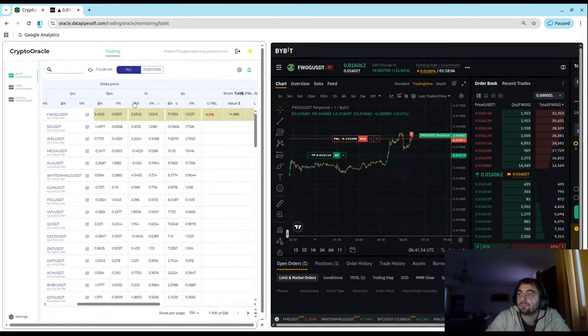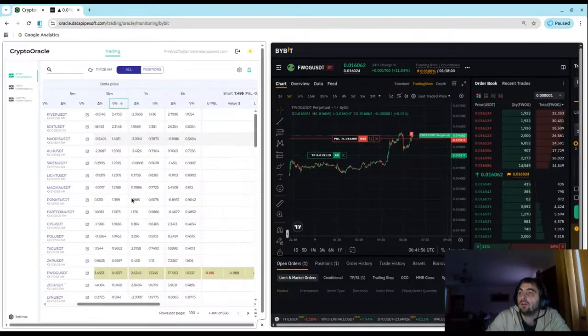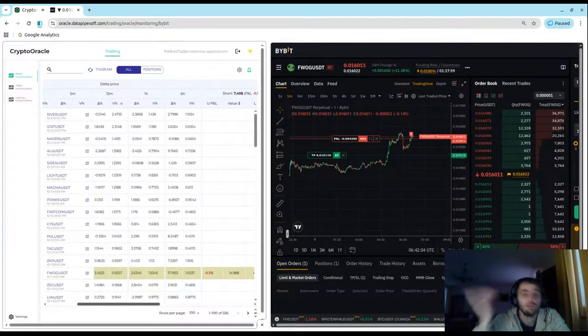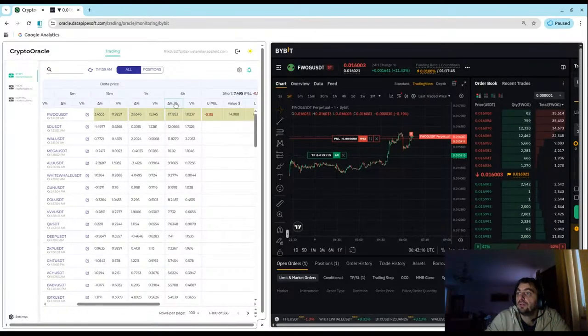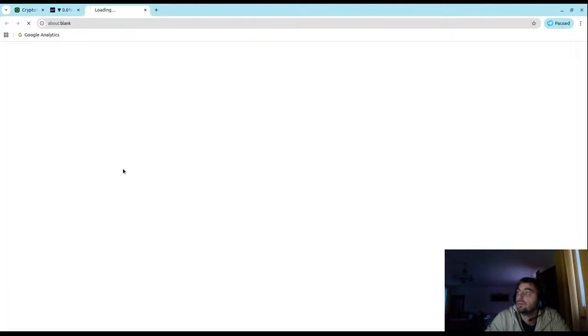So in this case, I don't have to stare at all charts all the time. All I have to do is rely on my application. The application just signals me that this asset is jumping 100% or it's dropping. Well, let's have a look at how it's dropping here. Yeah, minus 9%. Let's have a look.